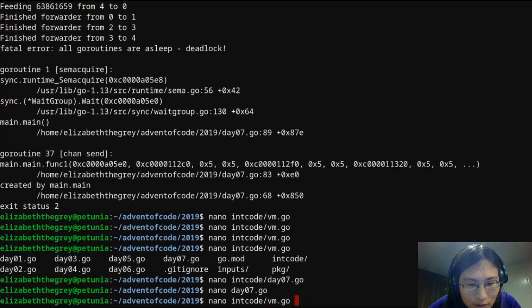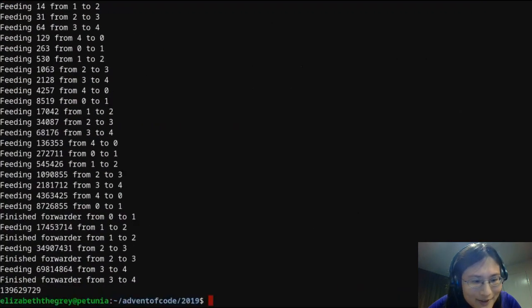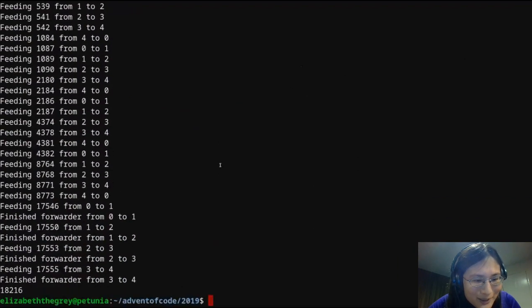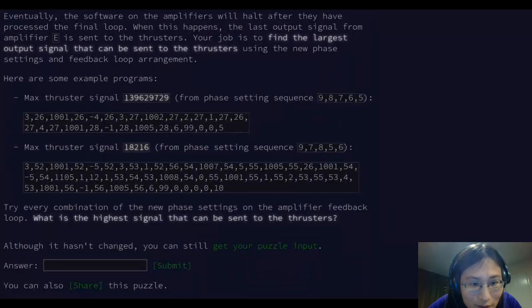Let's try that. I hate this. Yep, that does it. Okay. This makes me really, really unhappy, but it actually works. 18216, 136, something, something, something. Yep, okay.